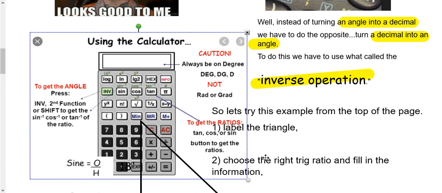Now here are your sine, cosine, and tangent buttons. Here's a quick idea: to get the angle, press inverse, second function, or shift to get those inverse ratios. You probably want to hit inverse and then sine, or inverse and then cosine, or inverse and then tan, in order to get a decimal turned back into an angle. Now, a lot of kids get into this situation: how come I'm getting the wrong answer? I'm doing everything right. Well, that's because